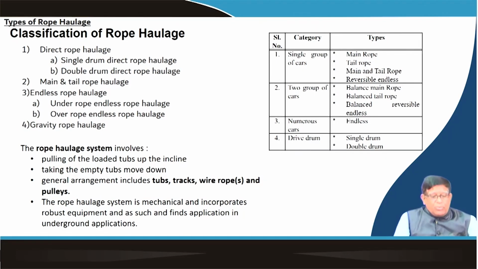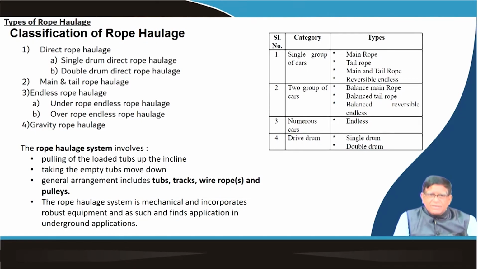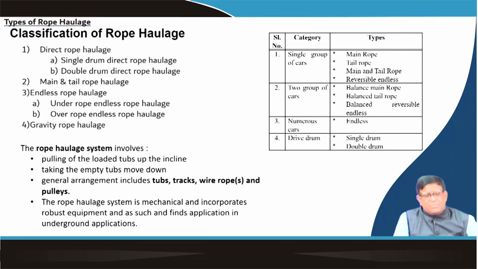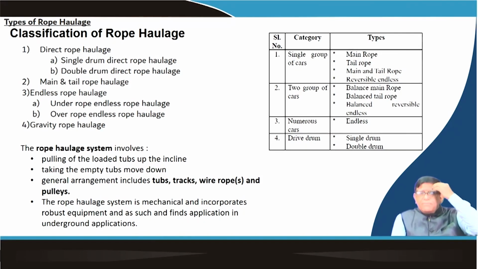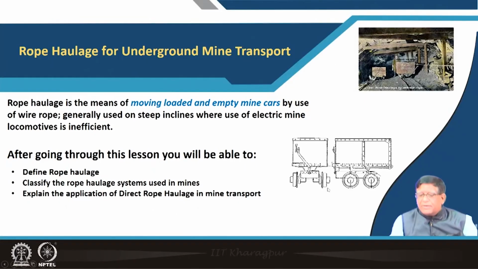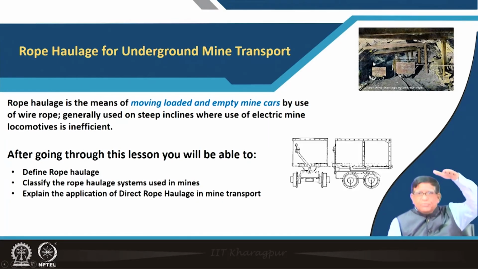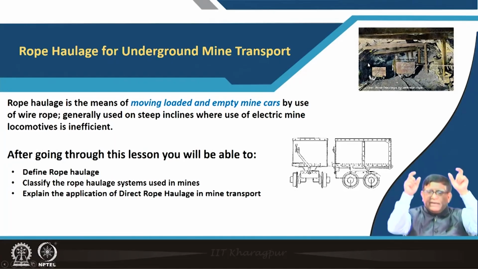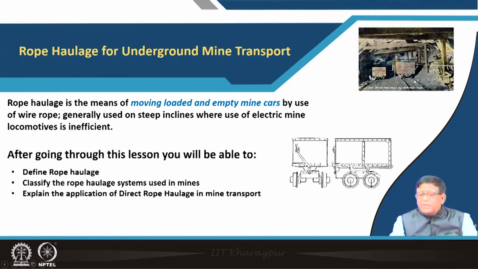We will be discussing more about this main and tail rope, or the endless rope haulage, which are a little more advanced than this. Then the endless rope haulage can again be an over rope haulage or an under rope haulage. As shown here, it is an over rope, where the rope is exactly above the track in the haul road, moving at the top of the trolley, and you are connecting over there. Or if this rope is running near the level of the track and you are connecting over there, then it is called